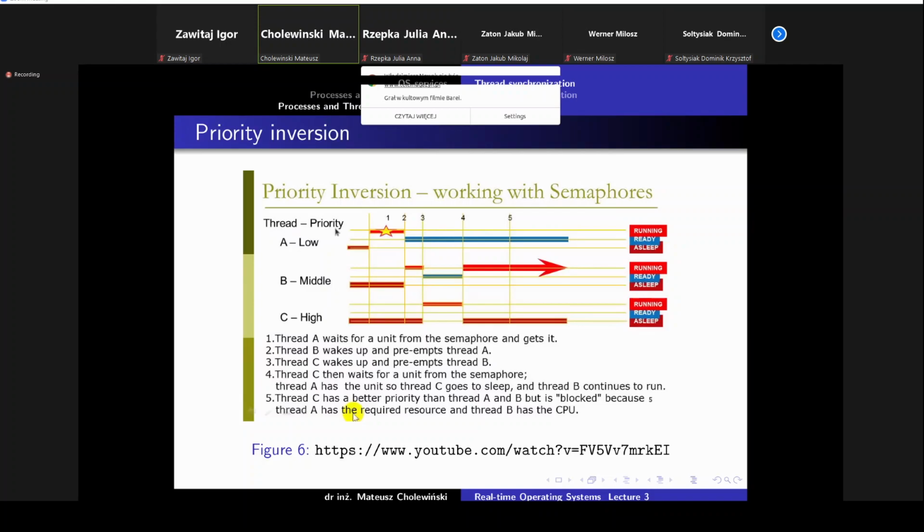And from the perspective of B, it cannot be preempted because C is not ready, and A has a lower priority than B. So basically here we have a stack in our situation. So we have to do something in our system. So we have to kick our threads a little bit,